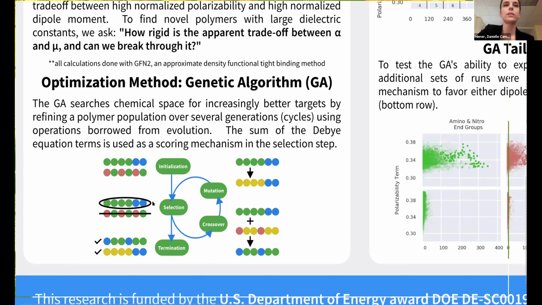So in the first step, the selection step, we choose the best polymers that we found so far based on the criteria, in this case, both polarizability and dipole moment terms. Then we do a crossover step where we take our good solutions to this optimization problem and combine their features to create new, hopefully even better solutions. And then finally, we go through a mutation step where we randomly select certain polymers to have certain features changed, such as changing one or more monomer species or changing their sequences. And then we repeat this cycle for a set number of times until hopefully we find polymers that have been optimized for our criteria.